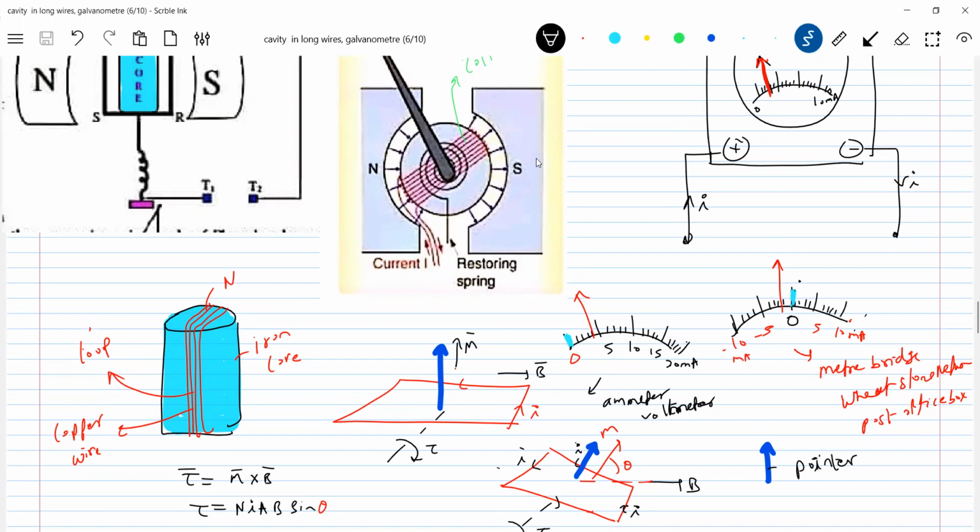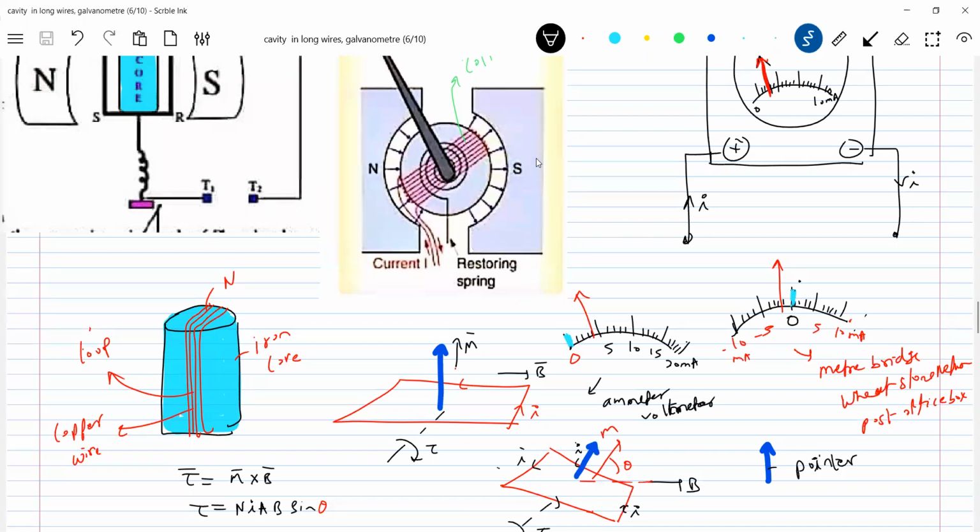Now go for the practical case. You now know enough ideas of this. The moment I pass current, torque due to dipole moment will act, then angular acceleration, then angular velocity, as the loop will be rotating. And the torque acting will keep on decreasing and will become zero. So what type of motion is the loop going to describe? Variable angular accelerated motion. So suddenly you make the current zero. Will the pointer stop there only? No, because of the angular velocity, it will rotate and it will go and touch the maximum value also.